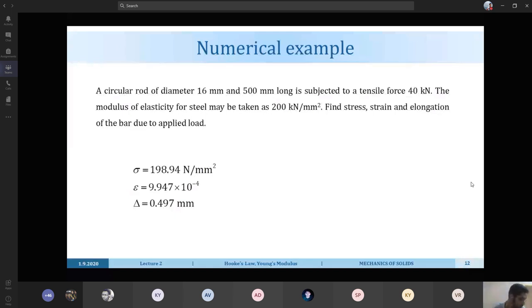I have one more name: Ridu Rani. Hello, Ridu Rani. Are you here? Yes, sir. Actually, your voice is very feeble. Hello, sir. Can you hear me? Yeah, I can hear you now. Did you try to solve this? Yes, sir. Did you get the same answers? Sir, I got the same answer. Okay, fine. Thank you.